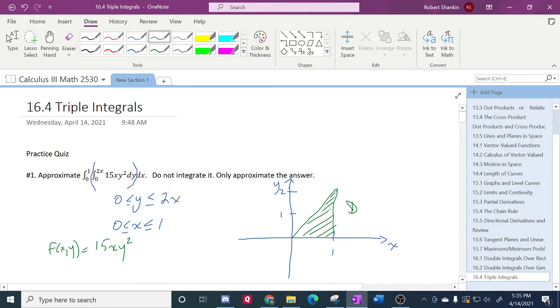They're going to influence you more. A point up here is going to influence the volume a lot more than a point down here. But there's a lot more points down here than there are up there. That kind of balances out as far as the y goes. So I think a representative point might be kind of